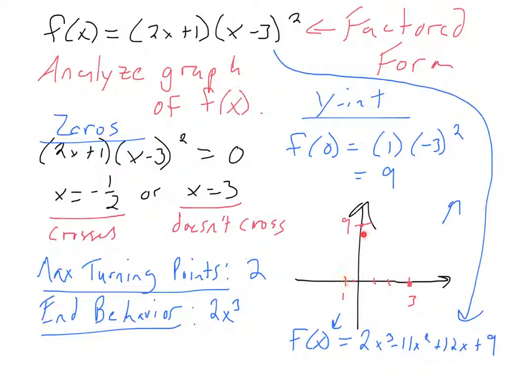It could go up here, cross the x-axis. At some point it's going to have to turn around, and then it goes down here, but it doesn't actually cross. It just goes back up, right? Because the multiplicity is 2. Does that make sense? And we could also look at where this is going to be positive